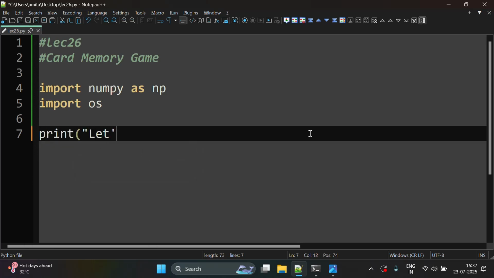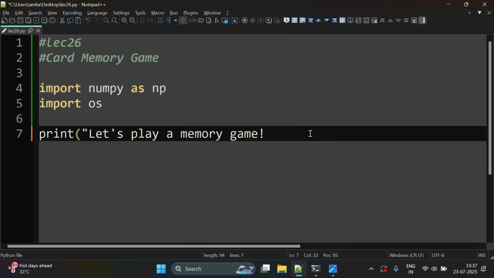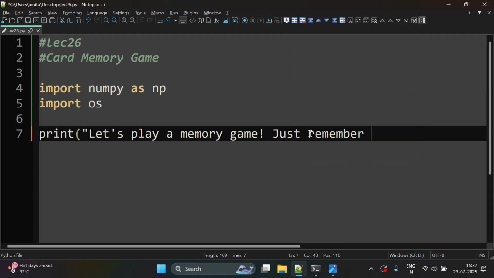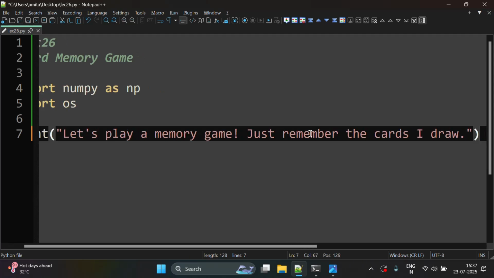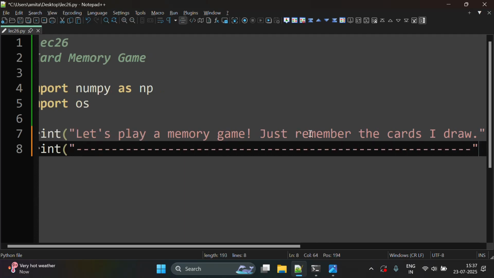First, let us print the welcome message, that is, "Let's play a memory game." "Just remember the cards I draw." Next, we can print a line, and then